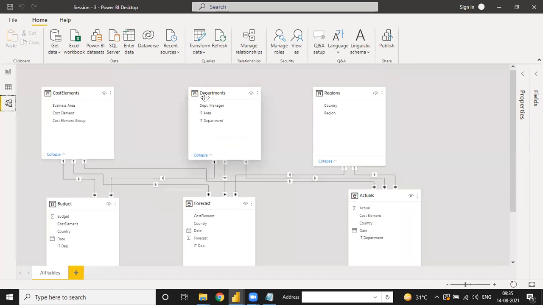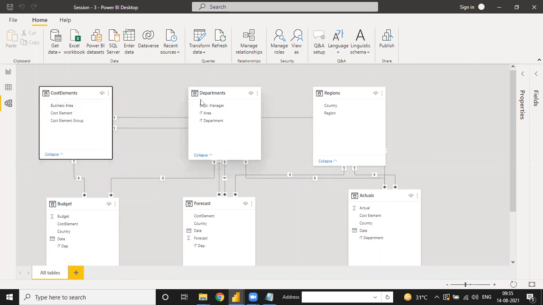So in the dim table, there are three fact tables: one is budget, one is forecast, and one is actual. Under the dim table we have three tables: cost, element, department and reason. But one table is missing under the dim table. Which is the one table? The calendar table, because if we need to compare the data from budget and actual, how do we compare, since we don't have a date column, a month column, or a year column here? So how do we make a relationship with this?